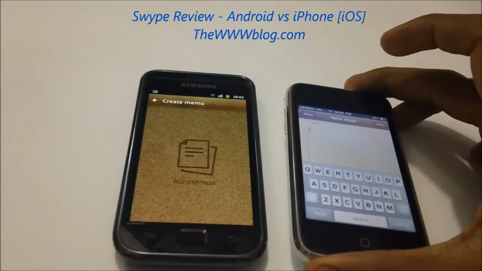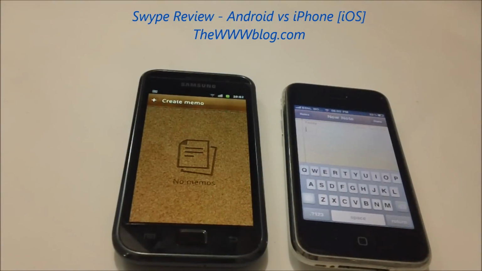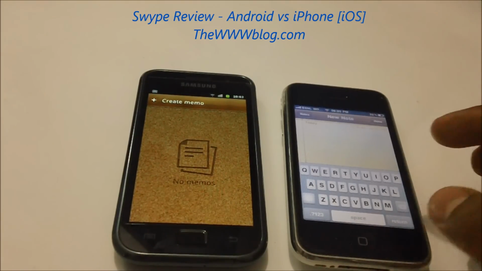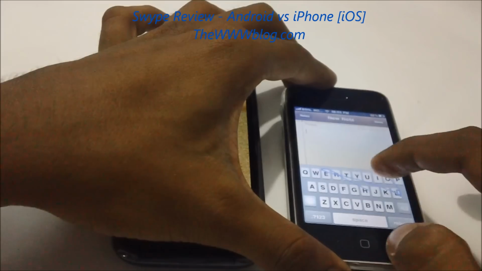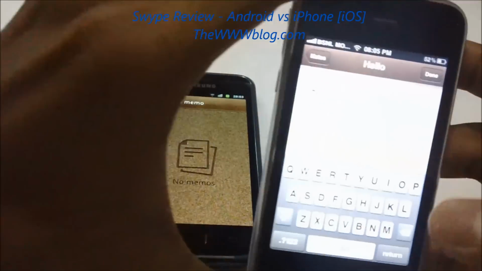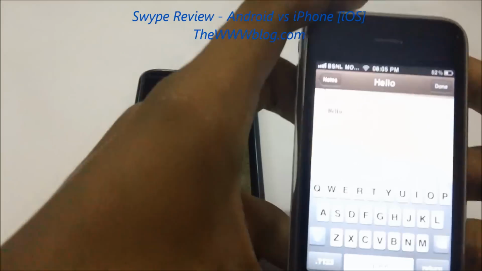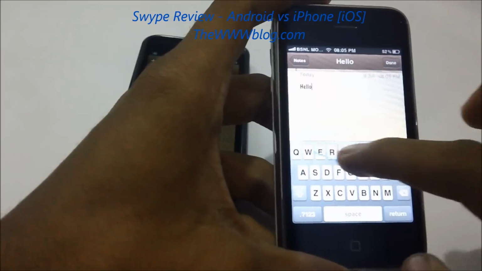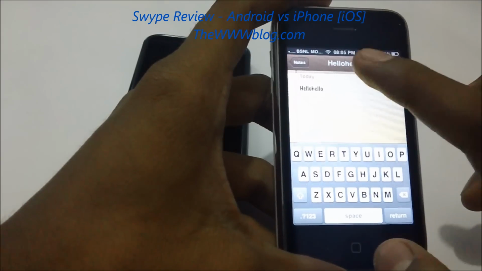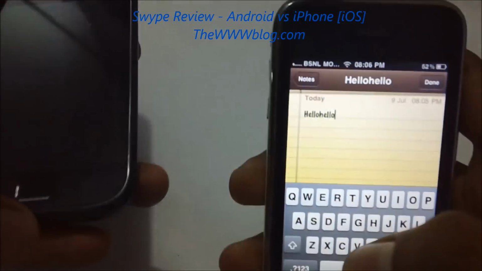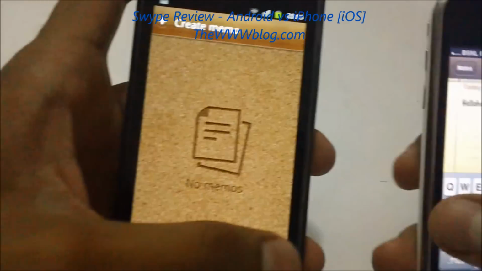As it's still an unofficial one in iOS, you won't be seeing many features, and it won't be a dedicated one. There won't be any special features of the swipe. There's just the recognition of the interface, like this is the one. It says hello, you have to move your finger on that, and this is the circling of the L, so that it's typed twice. The L letter comes twice.